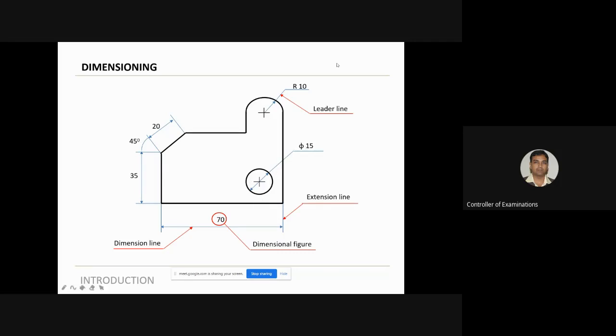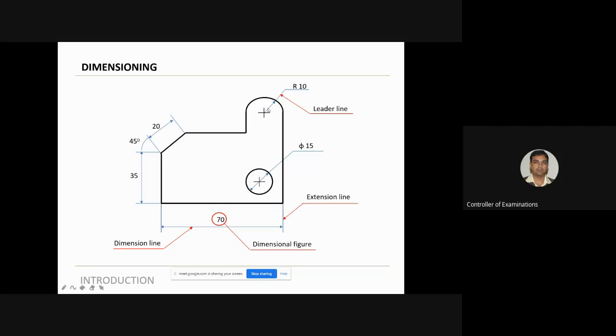So radius is represented by this R, whereas diameter can be represented by D, or most of the time it is represented by this particular symbol phi. This is called phi. So this is how circular dimensions or circular entities can be dimensioned. Basically you have to use a leader line and show the extent of the dimension by the arrow.